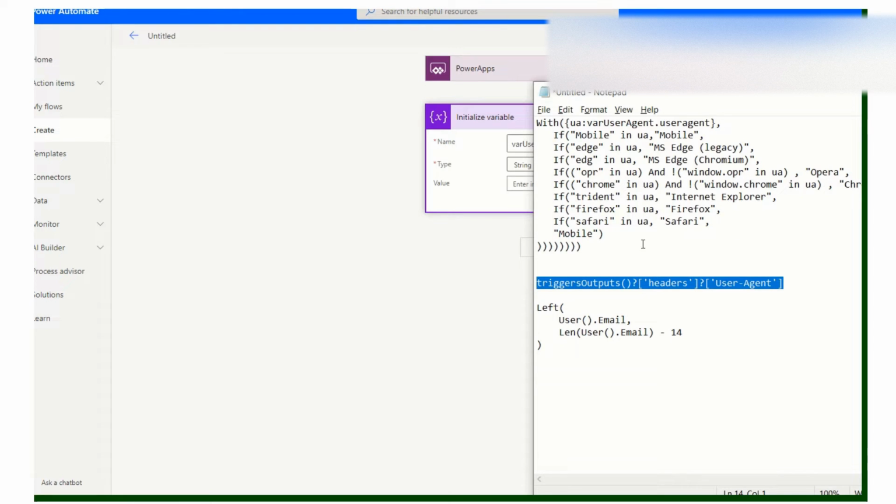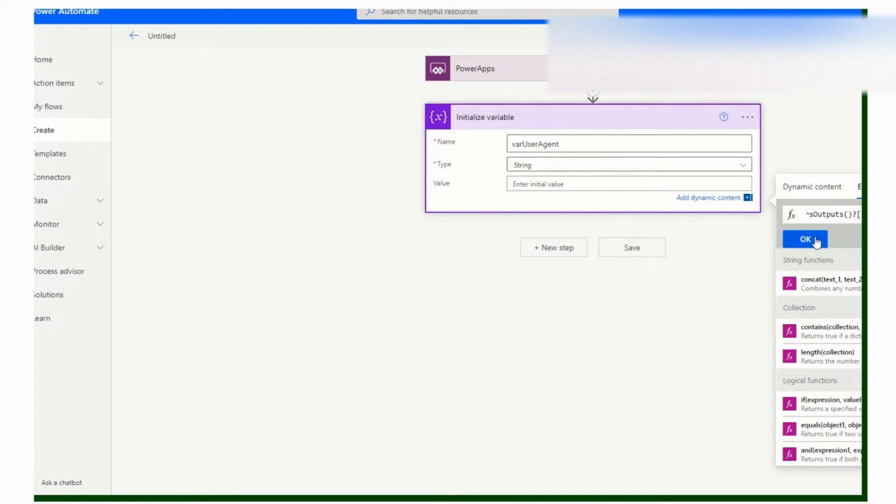So this code is triggerOutputs, then the user agent. Type it here and then click OK.